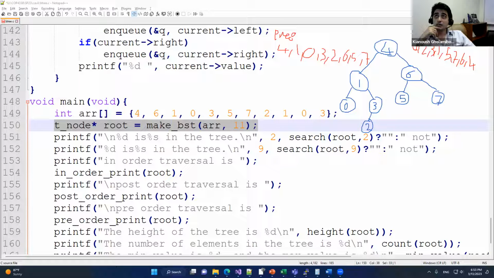And finally, we have one more. It's called in-order traversal, which traverses the root in the middle. First the left subtree, then the root, then the right subtree. So if I want to do it for this tree, the in-order traversal would be 0,